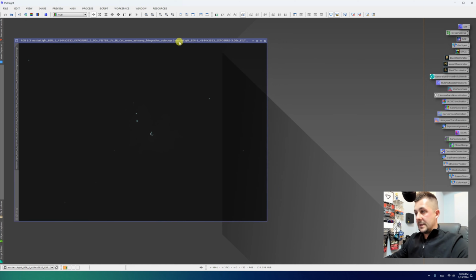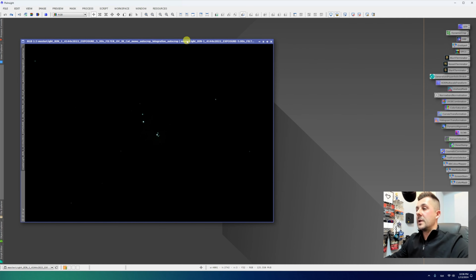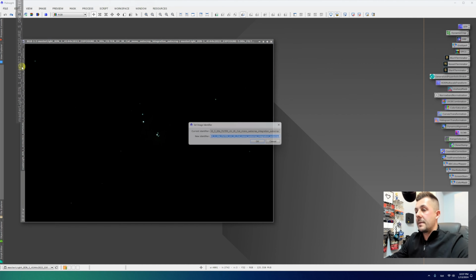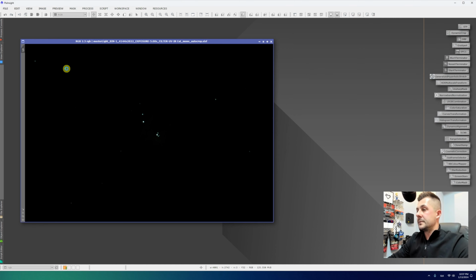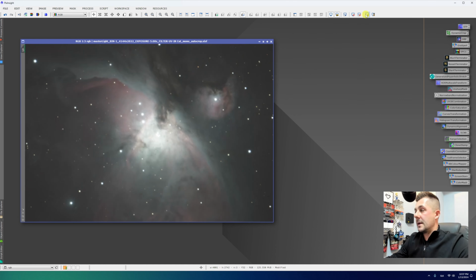Okay, here we are in PixInsight. I just opened the master file of the Orion Nebula. This is a 29.5 minutes integration using 5-second subframes, and the data is still in its pure linear phase. I will start by renaming the file to something simple like RGB, and let's take a look using STF auto